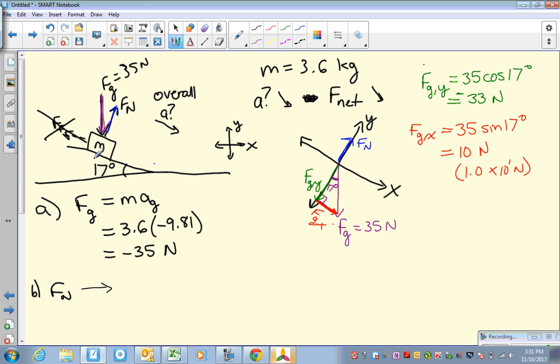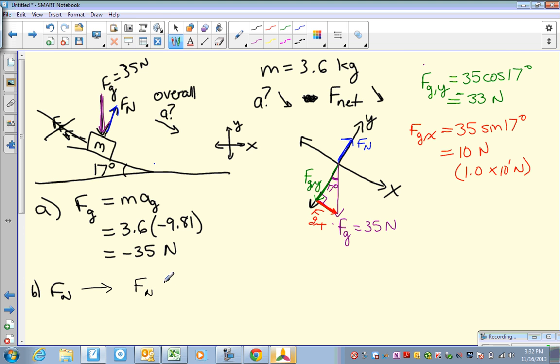if you notice, our block is not going to be moving at all in that direction. Our block is not accelerating into the ramp. That doesn't really make any sense. Nor is it flying off of the ramp. And so our acceleration is 0. That means our net force is 0. This is equilibrium. So because of equilibrium, we know that